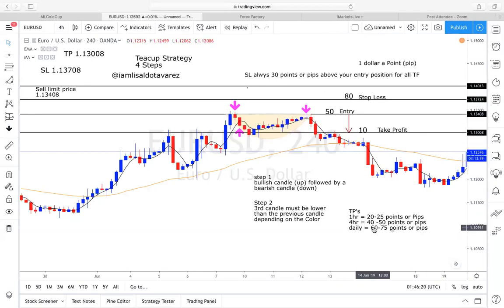So I was risking 30 to make 40 or 50, basically, right? Now on the daily, we want 60 to 75 points. The higher the time frame, the more it's going to go in that direction. You understand that? And remember, you only want to lose 30 points. So if you get in the market at the number 50, by the time it gets to 80, if it's not going my way, take me out the trade, I'll take that loss. Always 30 points or pips above your entry position. So now that we have established this,